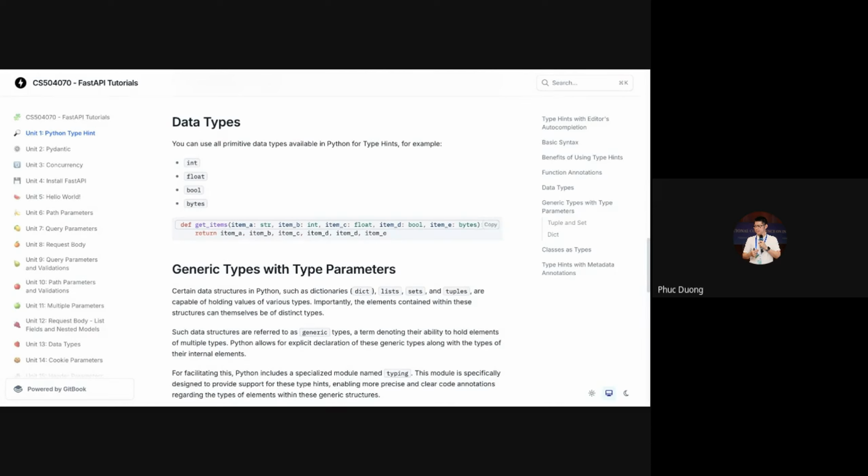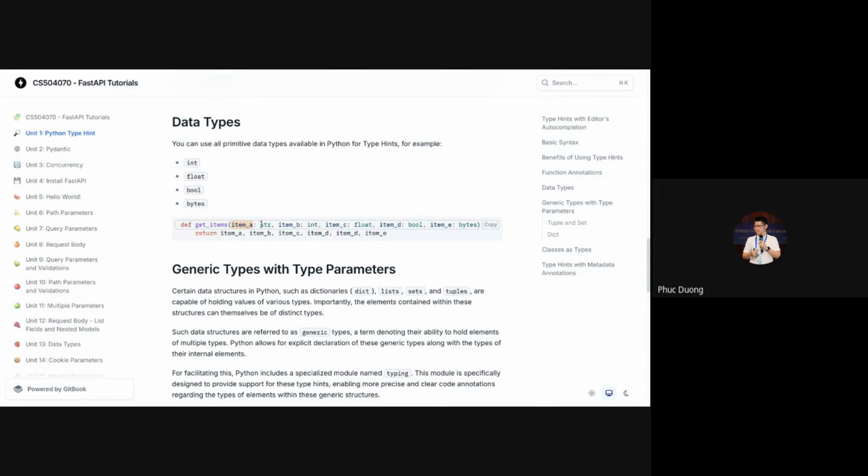Now in Python you have many data types, especially primitive data types. Primitive in Vietnamese chúng ta gọi là kiểu dữ liệu nguyên thủy. Trong Java là các kiểu dữ liệu nguyên thủy như int, double, float. Okay, so primitive data types in Python we have, for example, int, float, bool, bytes, and etc. For example, you have a function named get_items.